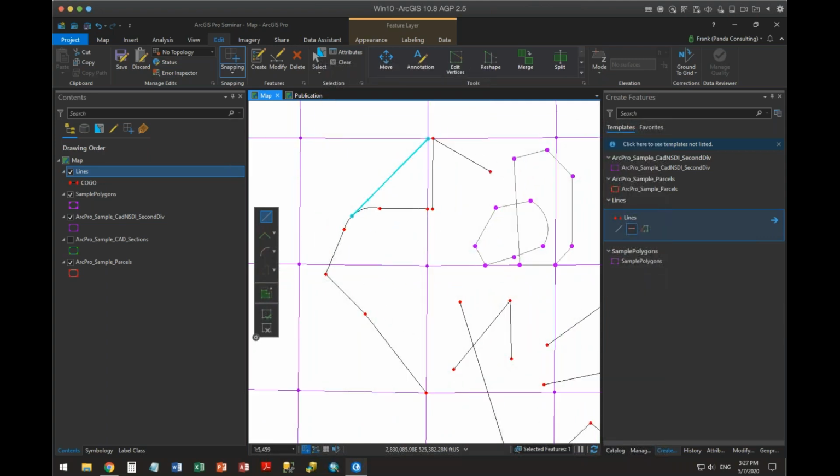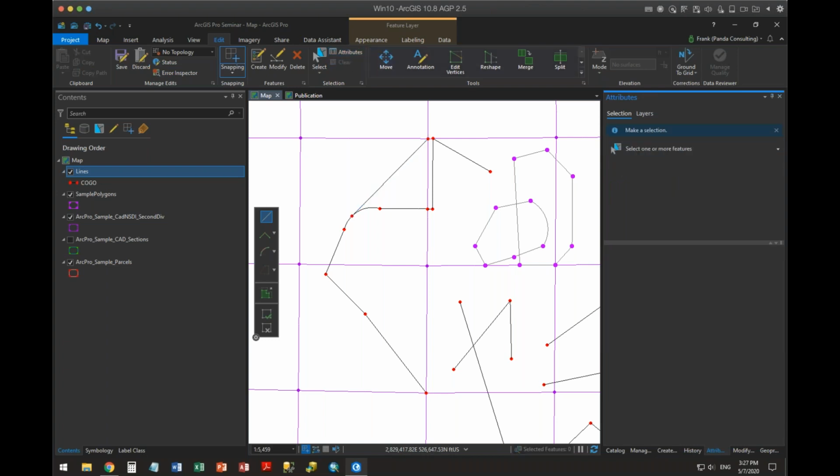Any questions yet on anything? All right, so Create, again, works pretty much the same as ArcMap feature templates did. And you should become familiar, and by now you should be very familiar with a feature template and what it's for and how to use it. So let's talk about